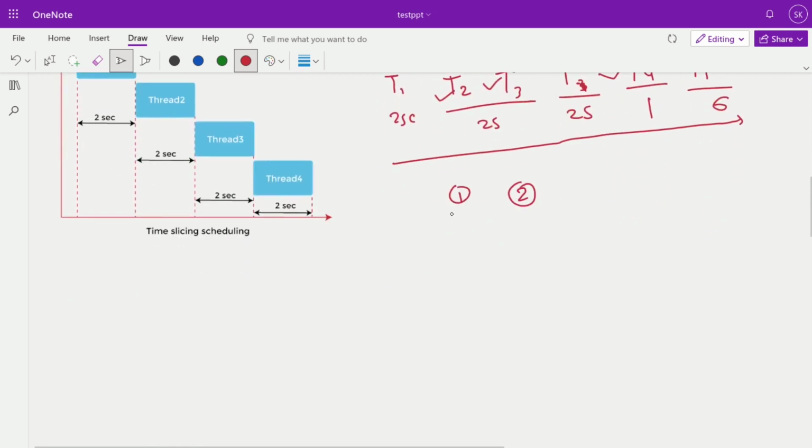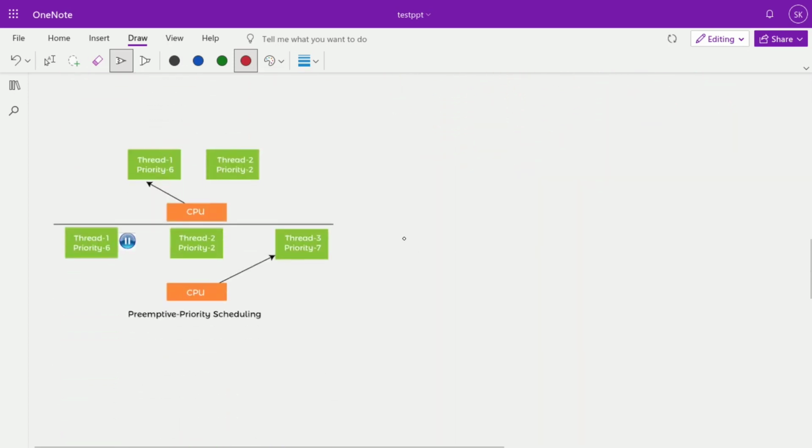The first factor we checked is the arrival time of your thread. Second is time slicing. Third is preemptive scheduling. We'll check what is meant by preemptive scheduling. Preemptive scheduling means every thread has a priority, defined by P, from 1 to 15. The highest priority means the work that is more required. So first we are executing one thread with priority 6,